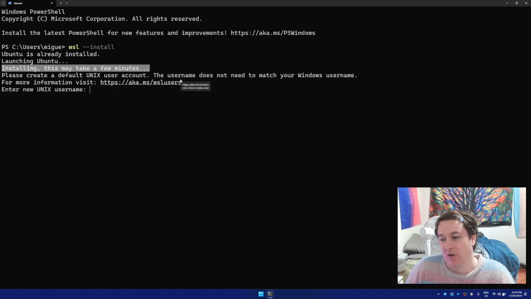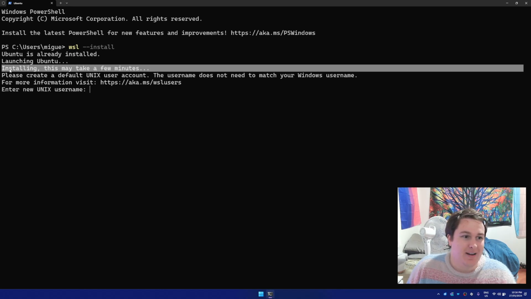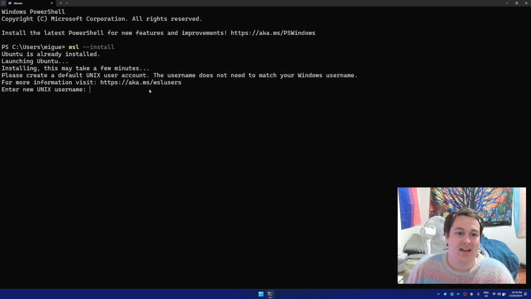And you'll need to be careful if you're one of those people like me that has a bajillion startup apps. You need to be careful you don't close your terminal, because if you close your terminal while it's saying installing this may take a few minutes, it's going to break your installation and you're going to have to delete it and start again. So in this case, now that it's finished installing, it's asking me to enter a new Unix